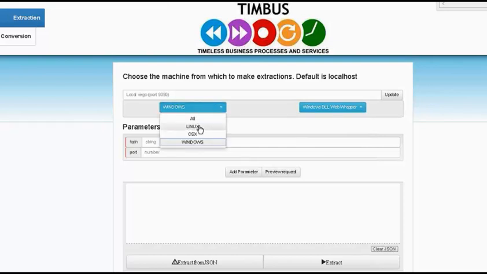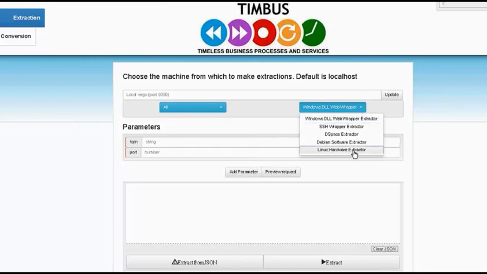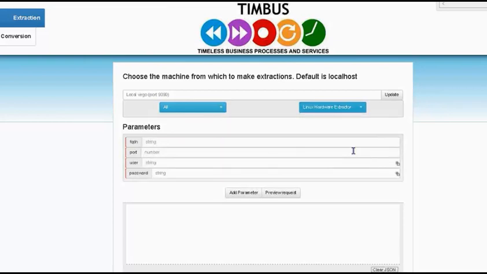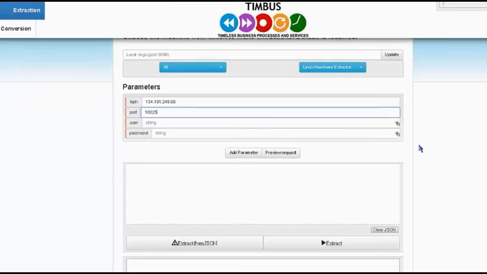To do this demo, I will run, for example, starting with the Linux hardware extractor. This will be running on top of this extractor, which was actually developed by CMS as well. I will then use one machine, which is a real use case from Timbus. And some of the options that we have on this extraction framework is that we can add